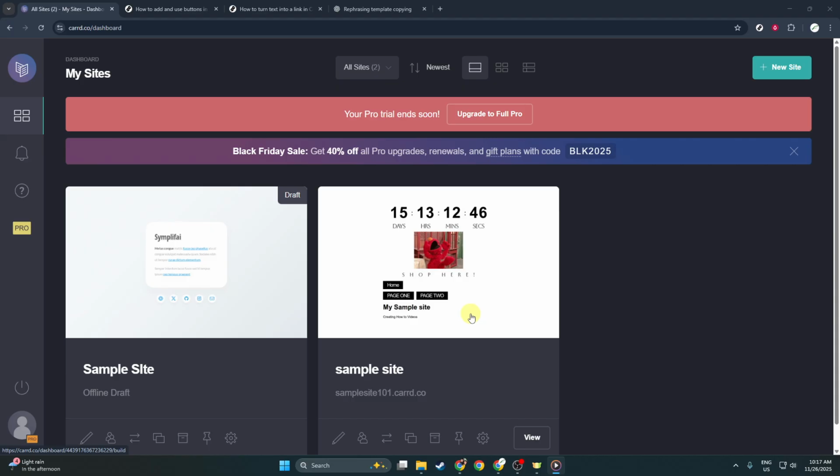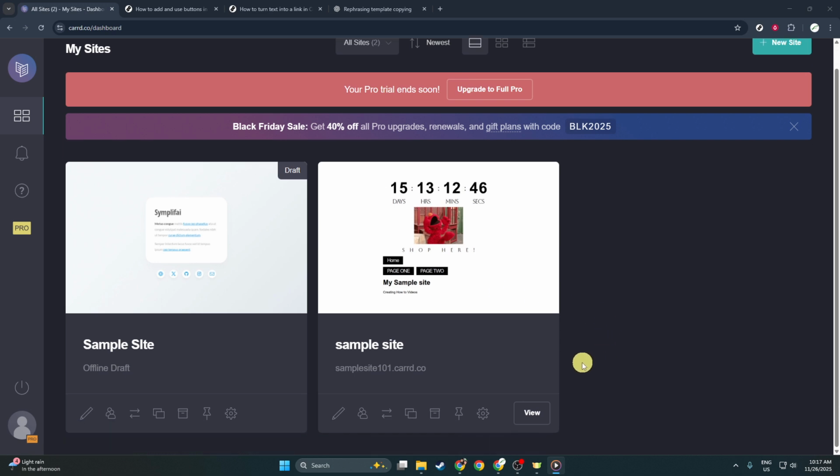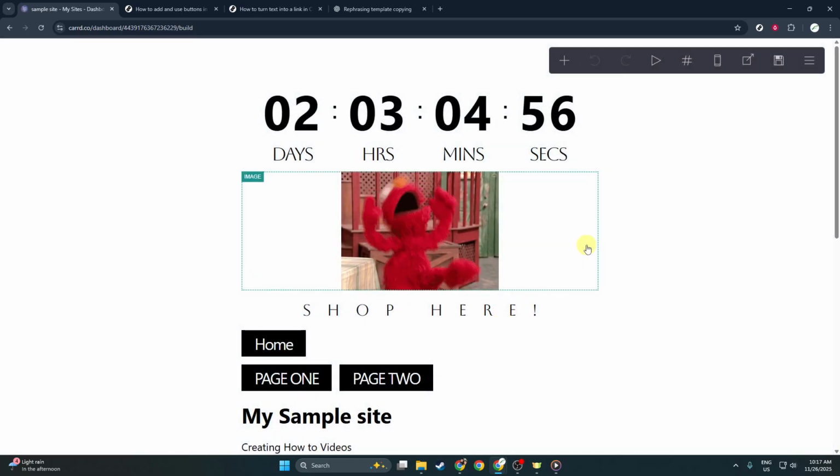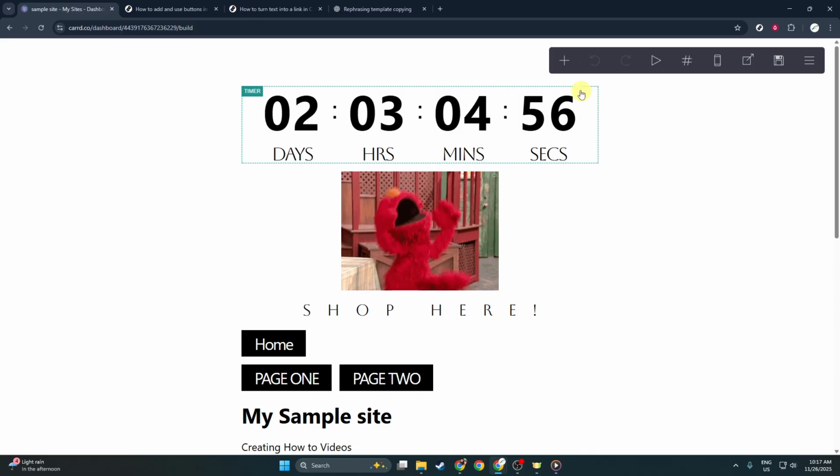First, head to carrd.so and log into your account. After you sign in, you'll land on your dashboard, which lists all your sites. If you're brand new, you can open any existing project or a draft you're already working on. We'll be editing a site that needs a back button, but these same steps apply to any button you want to add. Open the site you want to work on by clicking Edit this site,